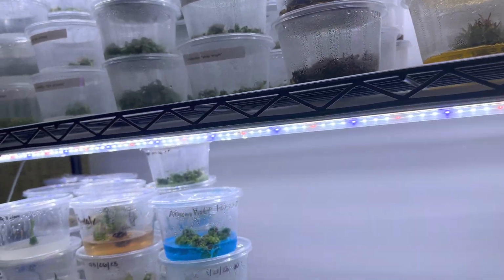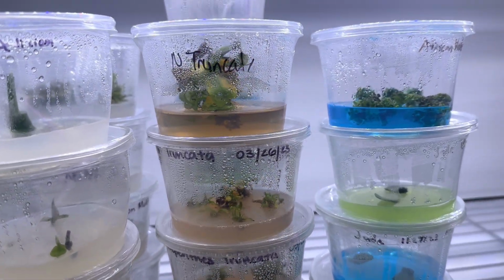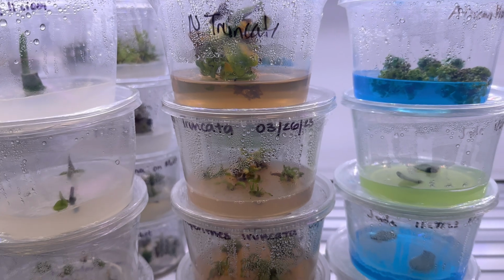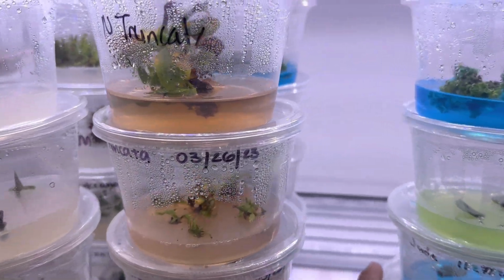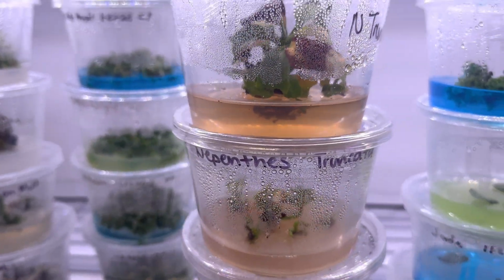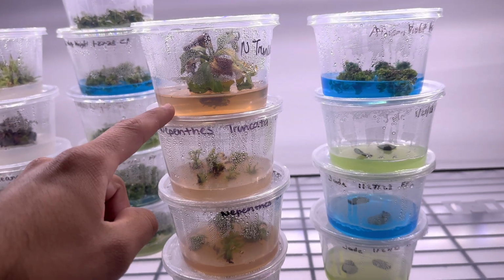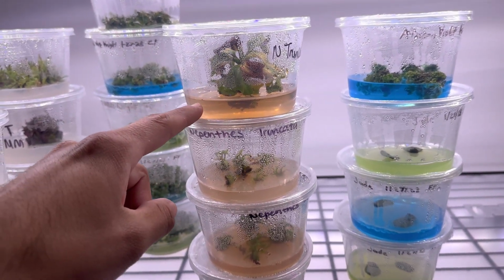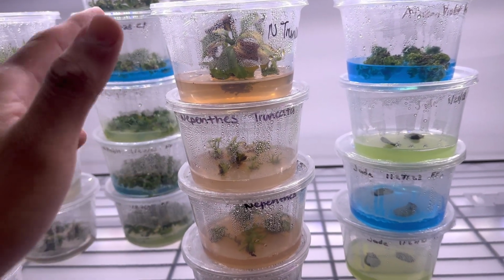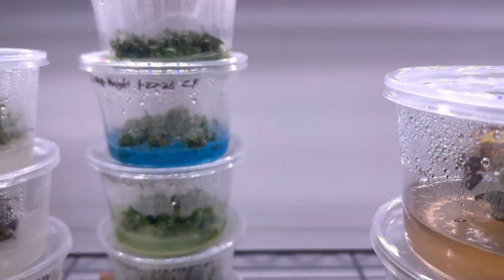And she also cultured some of them in tissue culture, so we also did some transfers. So these are some of the transfers made by the students, and they look pretty good. There is no contamination. Now this is normal for Nepenthes. This Nepenthes gives me a lot of orange medium. That's part of the plant that releases some tannins. But look how good these other